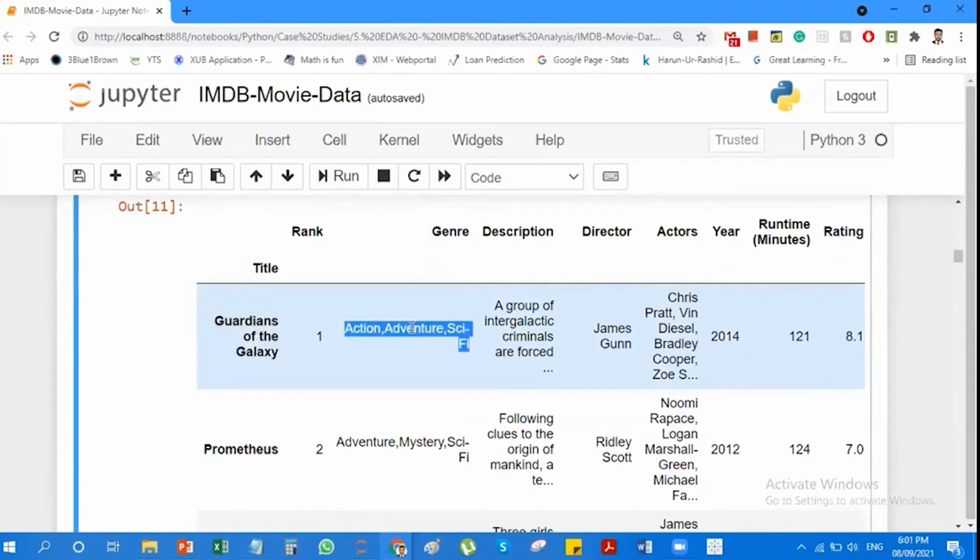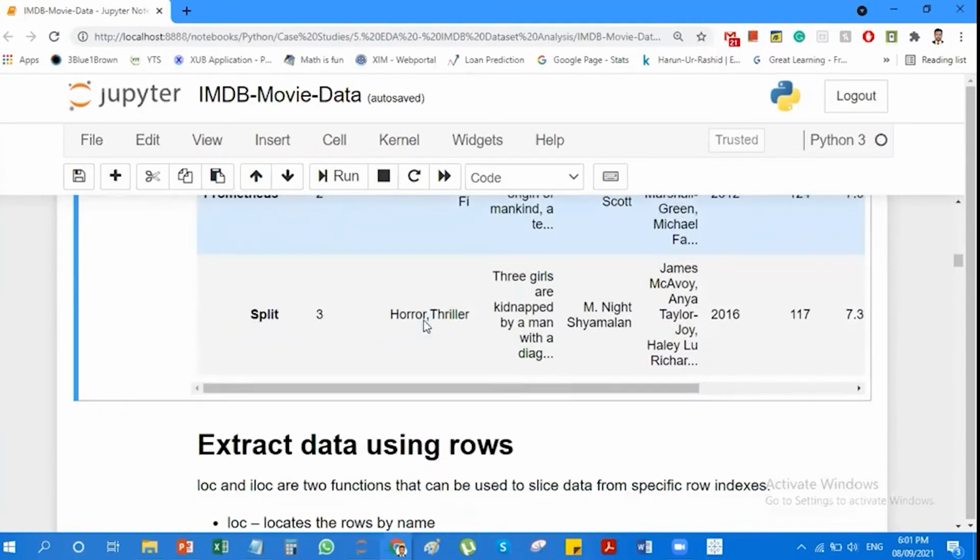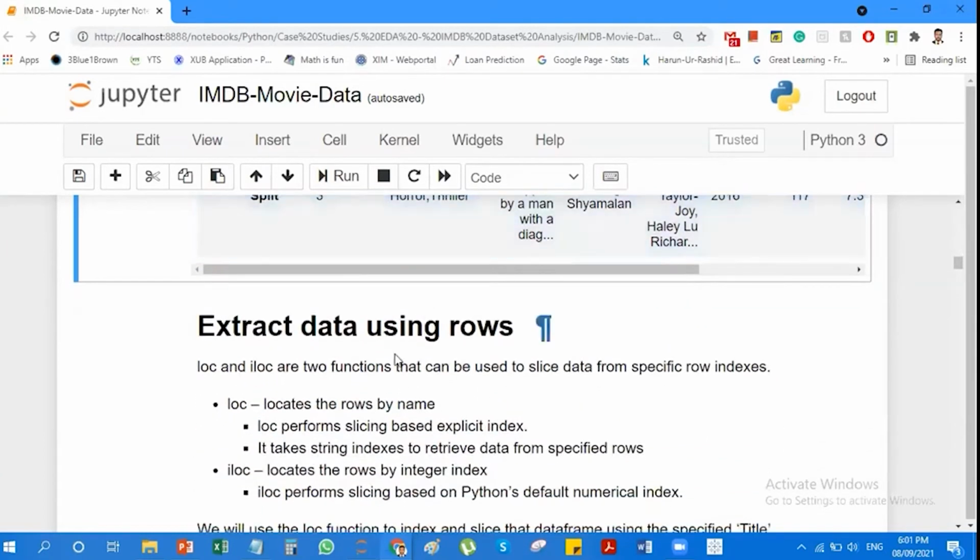And you can see it is an action, adventure and science fiction movie. The description of the movie is present here. Likewise, you have many data. So I just changed the index from 0, 1, 2, 3, 4 to the name of the movie. And if I want to extract a few details from my data,